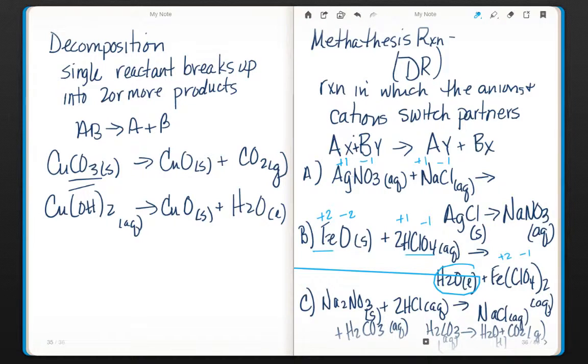My positive hooked up with my negative, so my Ag hooked up with my Cl, my Na hooked up with my NO3, and I formed a solid. In my last one, Na was +1, NO3 was -1, H was +1, Cl was -1. Well, this was easy: 1, 1, 1, 1. Na hooked with Cl, 1 to 1, and H